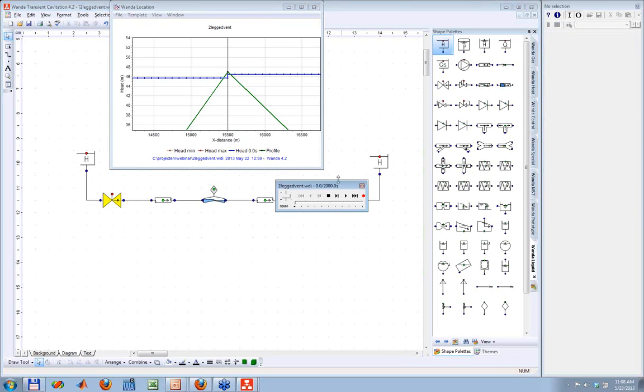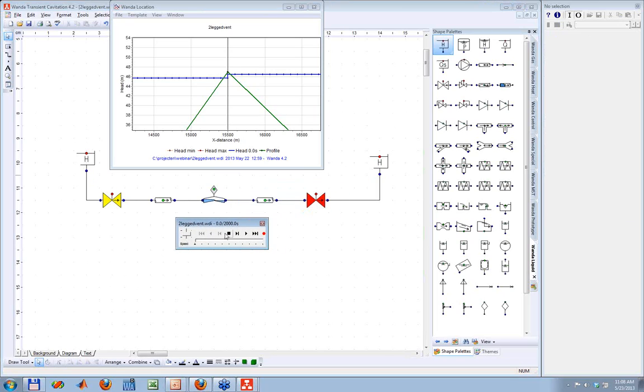I will open the movie navigator and just drag it along because it's a long play. But as you can see, the head here rises, so the water level here rises, air is being expelled up to a certain moment. Then you can see now the downstream leg is being filled, and if I zoom in a little bit more,